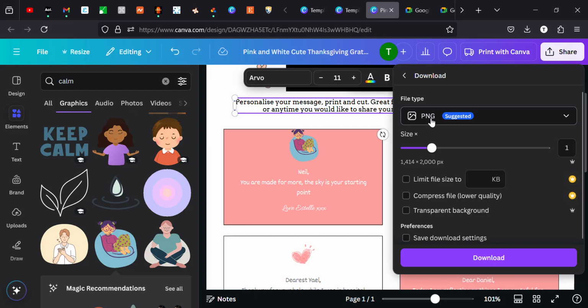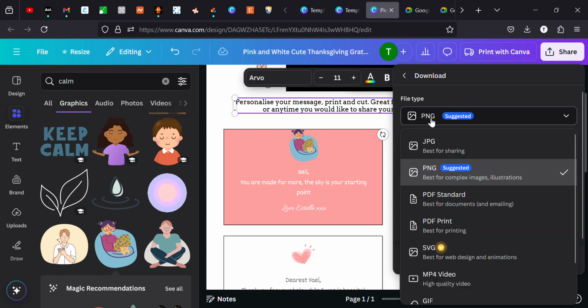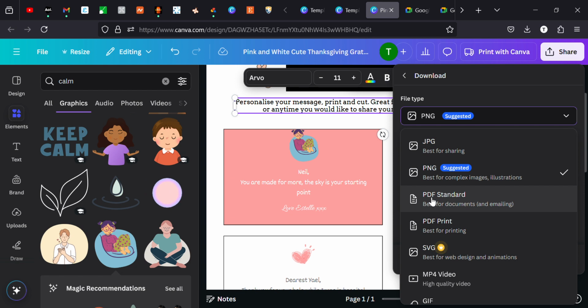Now, when you're creating affirmation cards, make sure you create like a lot. Okay. So this page has about 6 affirmation cards. So you can see when you're downloading it, you do PDF for print. Okay. So you click on PDF for print